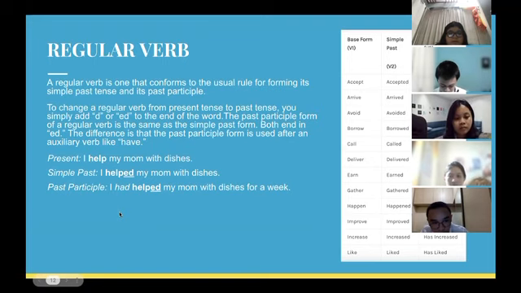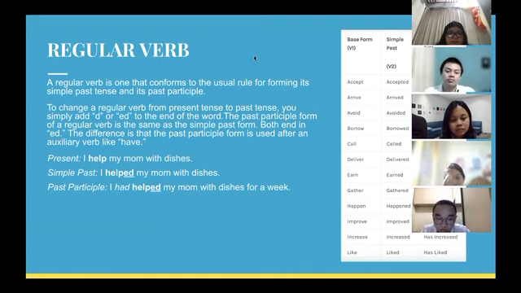Regular verb. A regular verb is one that conforms to the usual rule for forming its simple past tense and its past participle. To change a regular verb from present tense to past tense, you simply add d or ed to the end of the word. The past participle form of a regular verb is the same as the simple past form. Both end in ed, the difference is that the past participle form is used after an